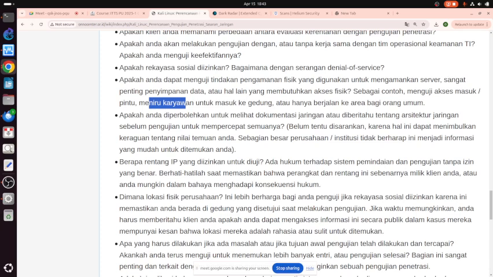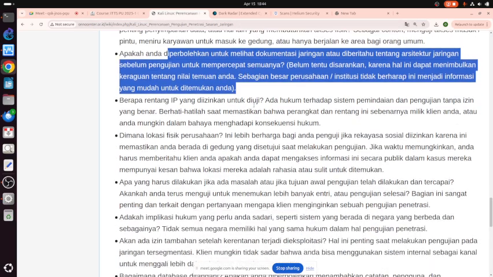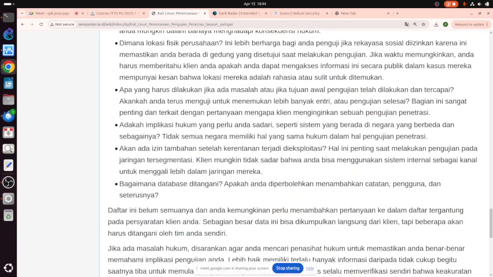Not the crew. Pretend to be the karyawan. What is karyawan? The employee, and enter the building. Or can we attack from the public area? So we need to ask all of these questions before we do the actual vulnerability analysis to the system. So there's a lot of questions here. Okay, so we need to ask a lot of questions like this before we do the actual vulnerability analysis test.